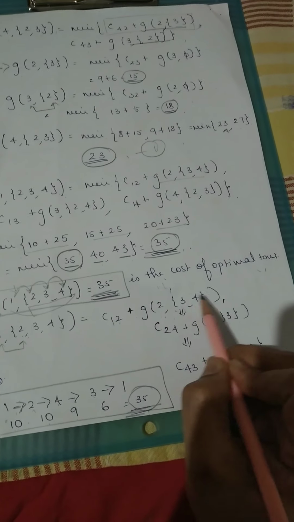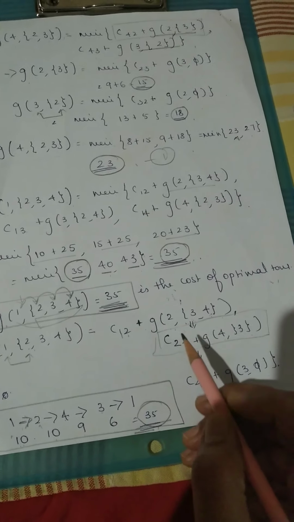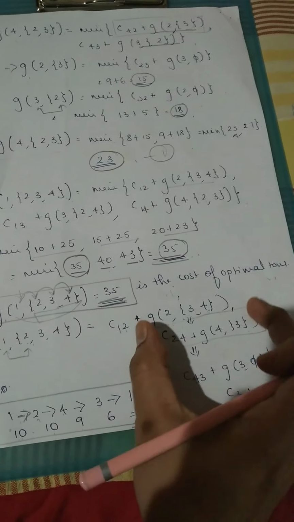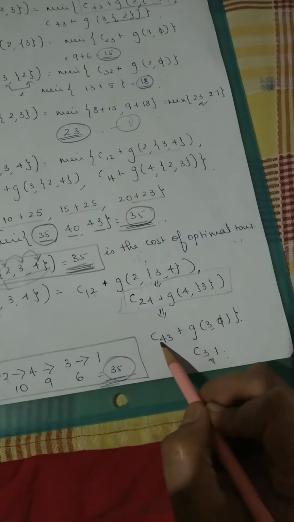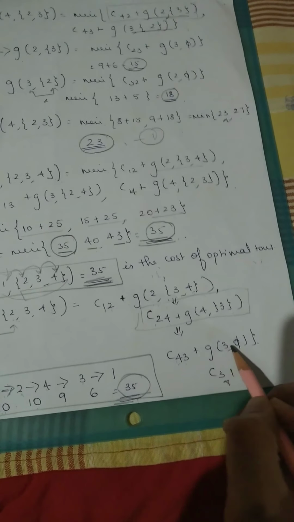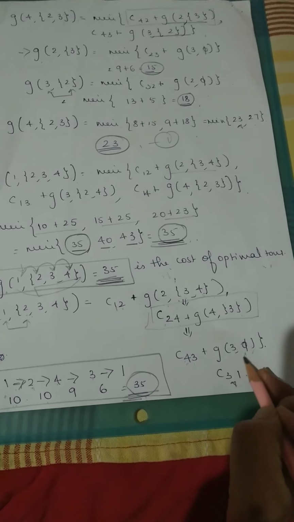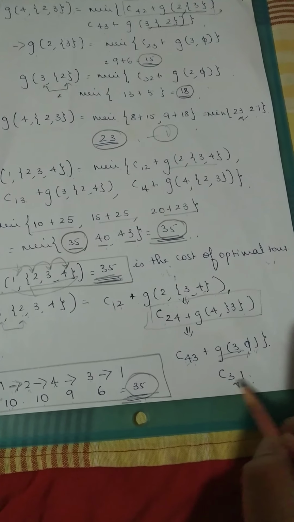So same will substitute here. So g of 2 comma 3 4, I'll take only minimum value, minimum cost tour. C of 2 to 4 gives us minimum cost plus g of 4 comma 3. Next, 4 to 3 is final because all the vertices are already visited. 1 to 2, 2 to 4, 4 to 3. Next, from 3 he should go to his initial vertex or home city, right? So what is g of 3, 5, 3 to 1?